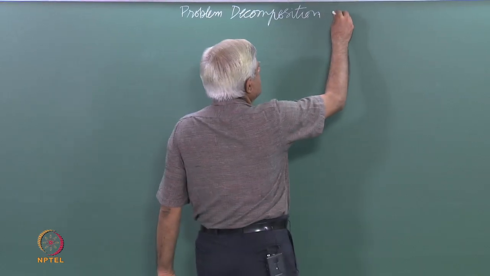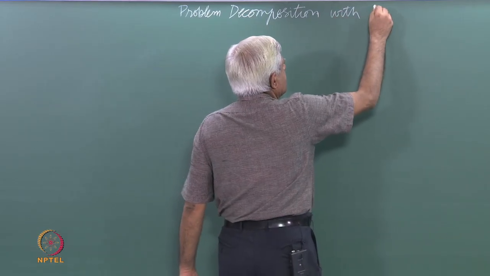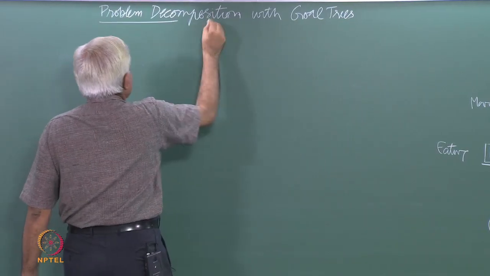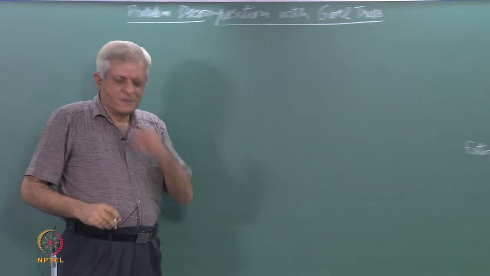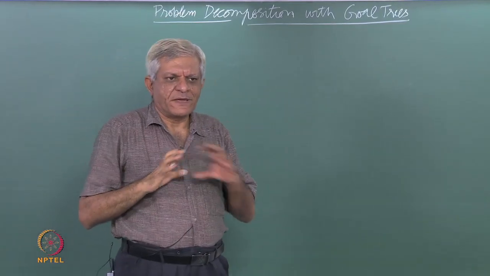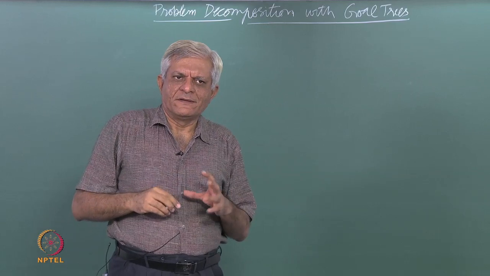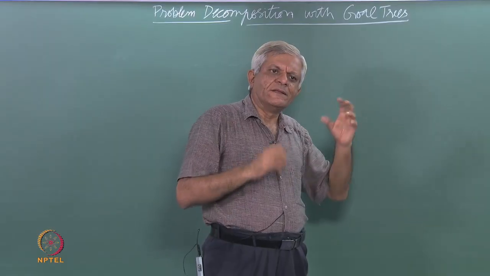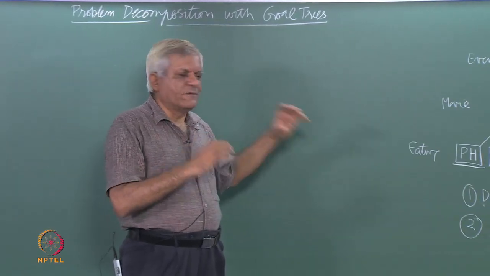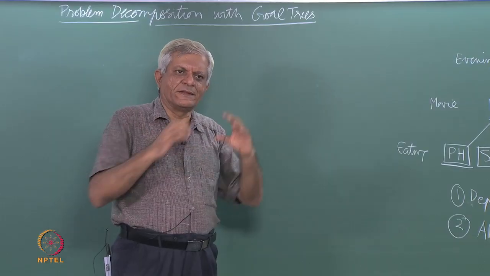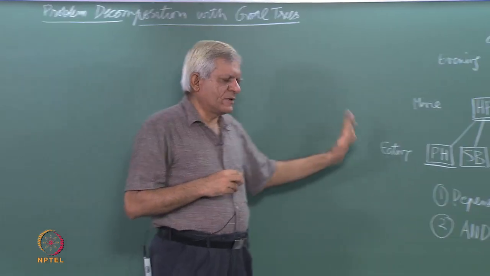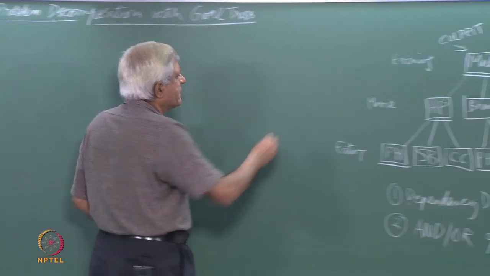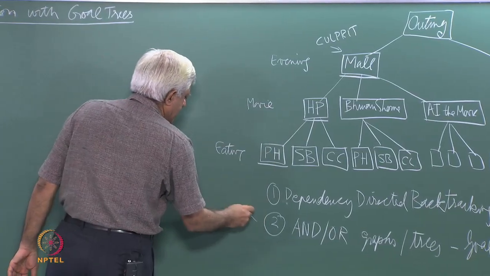So, we want to look at problem decomposition with goal trees, and the idea of problem decomposition is something like using a mechanism to break up a problem into smaller parts. In this example, it is a little bit like using a context free grammar to say that an outing is made up of an evening out and a movie and dinner and so on, but it does not have to be context free. In this case it is, but it could be context dependent. So, how do we do this? So, this approach